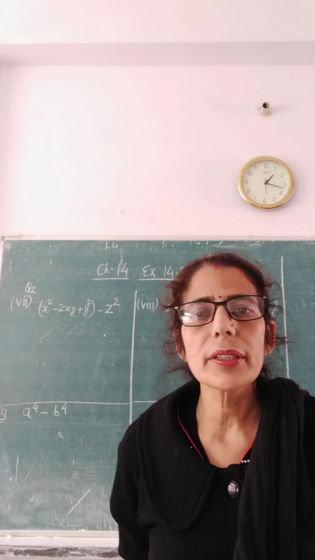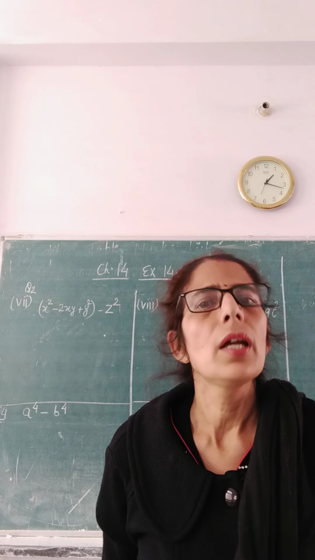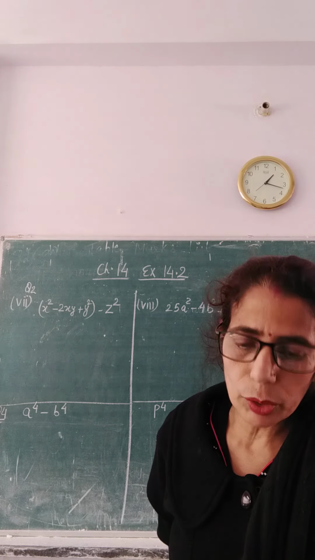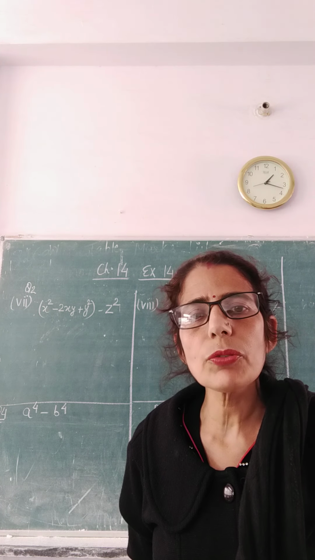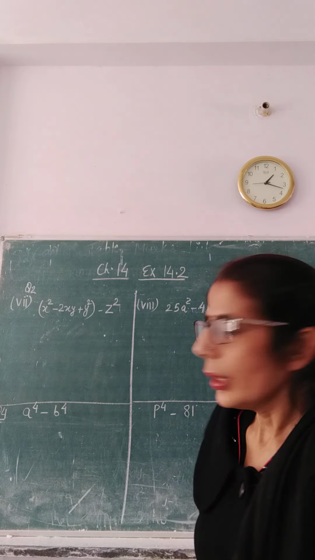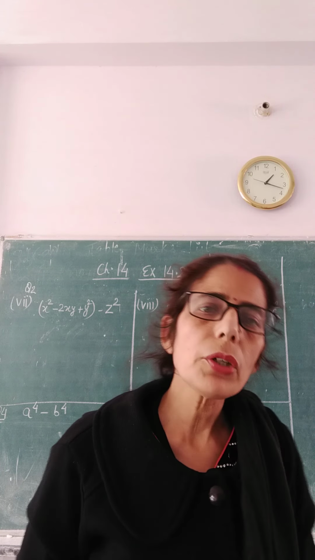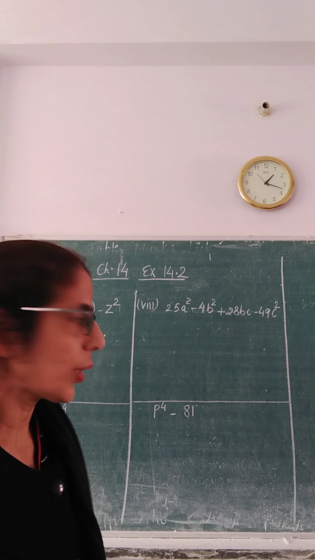We have completed the taking common method, we have taken the regrouping method, then we have discussed identities also. In continuation with question number 2 which we were discussing in the previous video, there were some slightly complicated parts of identity where a mixture of two identities is being used. So let us discuss these kinds of questions.